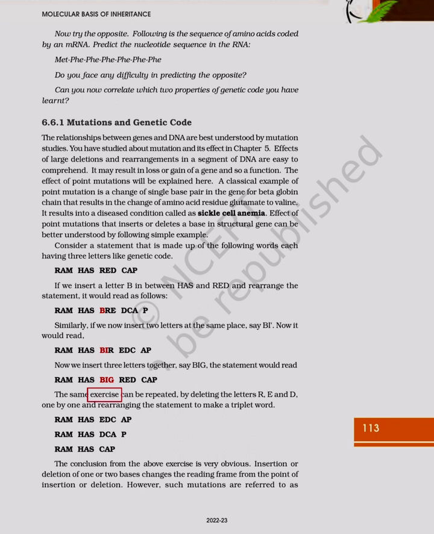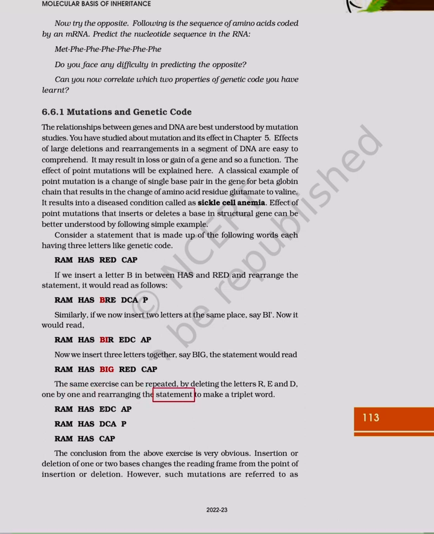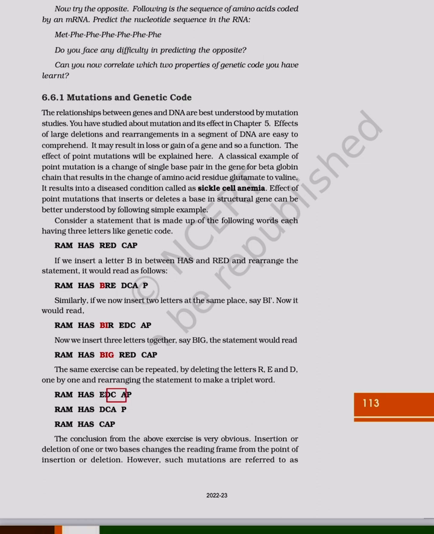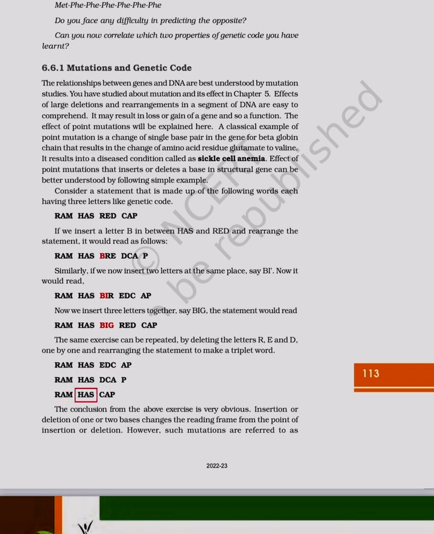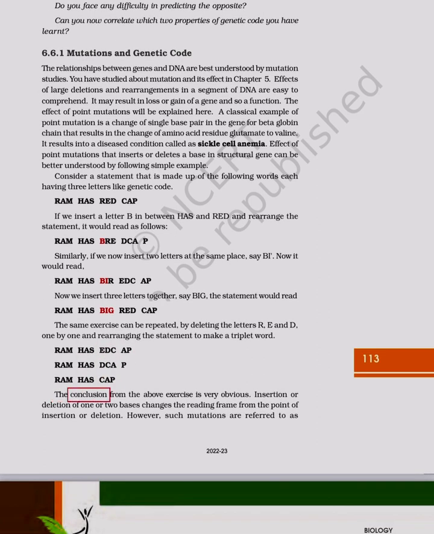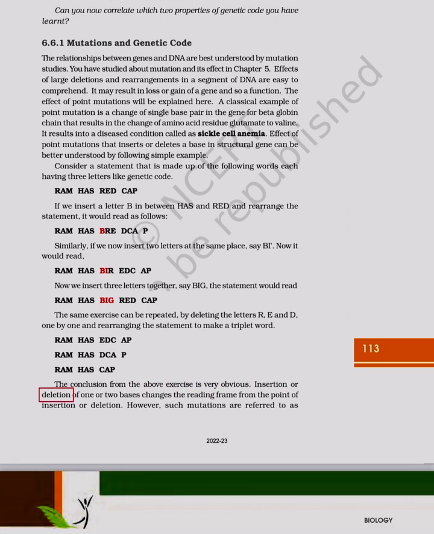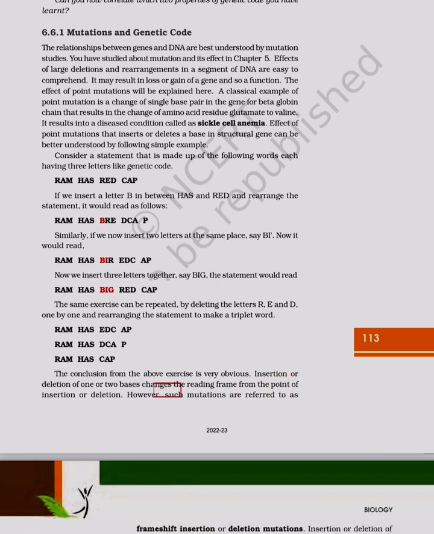The same exercise can be repeated by deleting the letters R, E and D, one by one and rearranging the statement to make a triplet word. Ram has edc ap, Ram has dca p, Ram has cap. The conclusion from the above exercise is very obvious. Insertion or deletion of 1 or 2 bases changes the reading frame from the point of insertion or deletion. Such mutations are referred to as